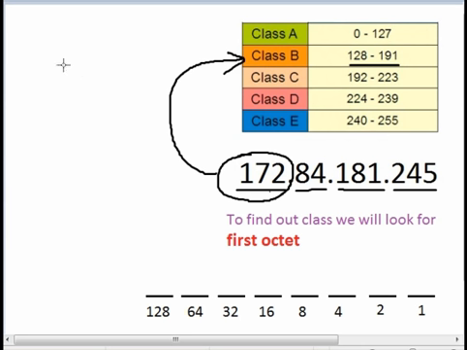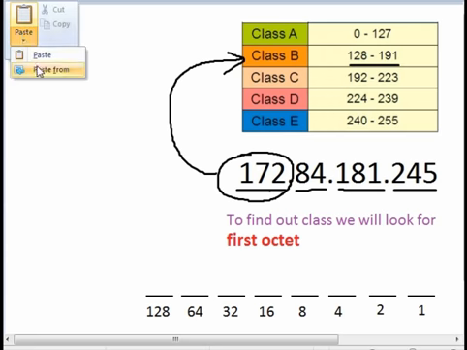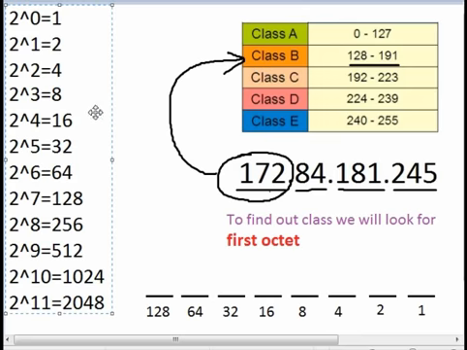This is actually power of 2. 2 to the power 0 is equal to 1, 2 to the power 1 is equal to 2, and this way. Okay, now 172 means there is a bit on 128,